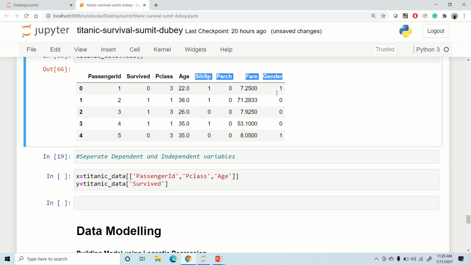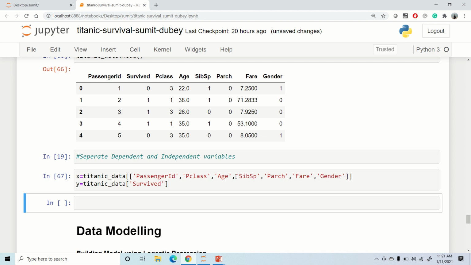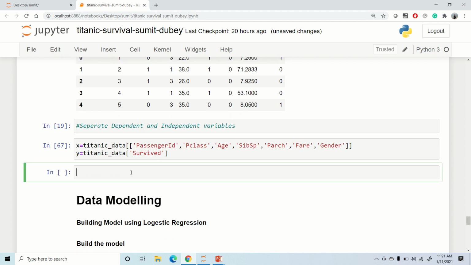So let me just copy that as well and paste it here, this comma this comma this, and let me include these inside quotation marks. Okay, and now our dependent and independent variables are created.